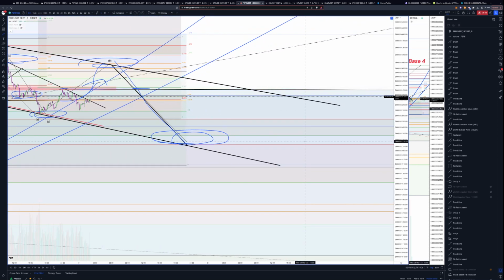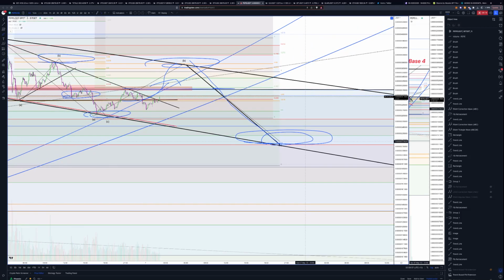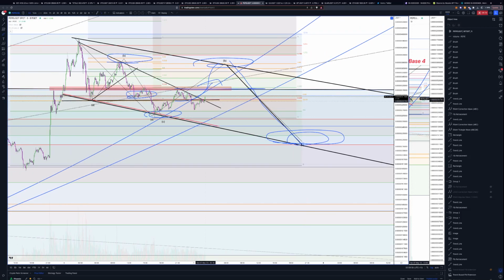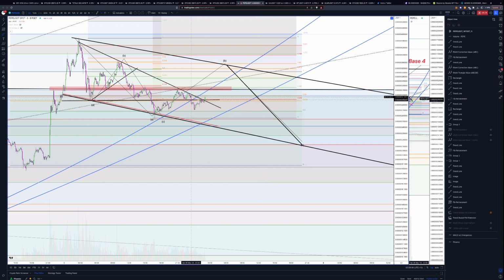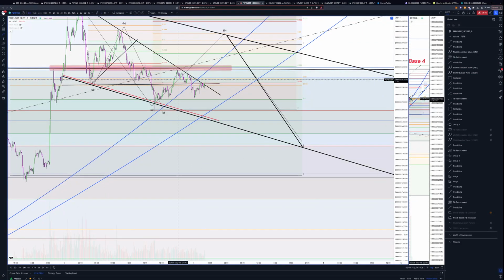That could have been my entries. So, bummer. I missed that one while I'm doing this video. So that could have been a nice entry. That was a good entry. We can see how this Fibonacci level, all these lines line up. So the rejection,